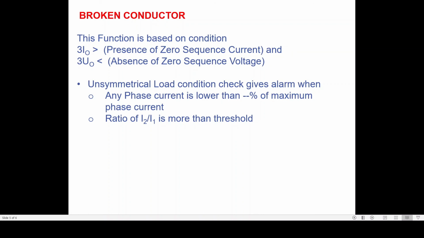In the coming sessions, we will discuss the current contributions in a star delta transformer in case of a fault on the star side. What is the meaning of 2-1-1 fault current distribution? We will also discuss the current distribution in case of an auto transformer with tertiary delta windings. All these things will be covered in the coming sessions. So now we will keep ourselves up to this point only in this session.